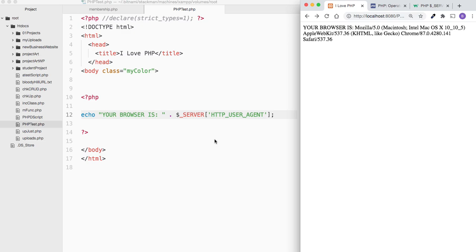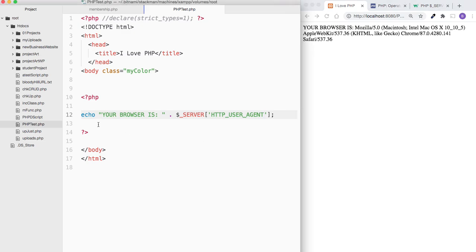So, what do you think? Pretty good, right? Let's go on with another super global, right? So we want to return the type of browser it uses. If you know something, I'm going ahead of myself. I'm going to show you that on the other one. So we're going to keep going to